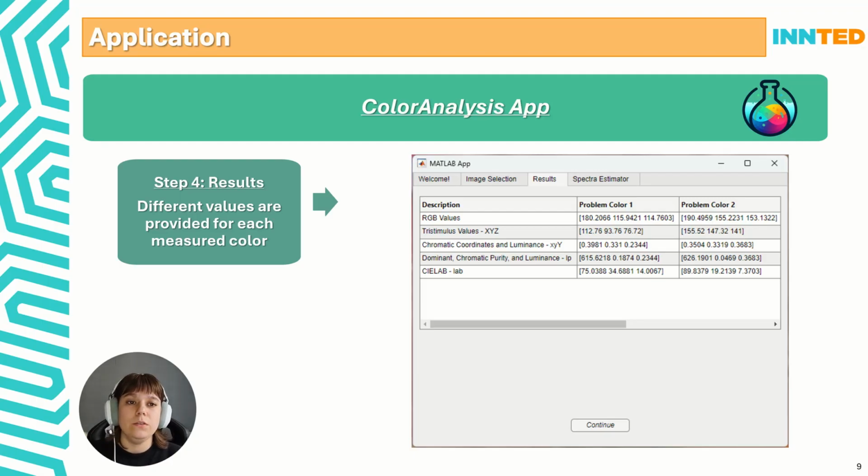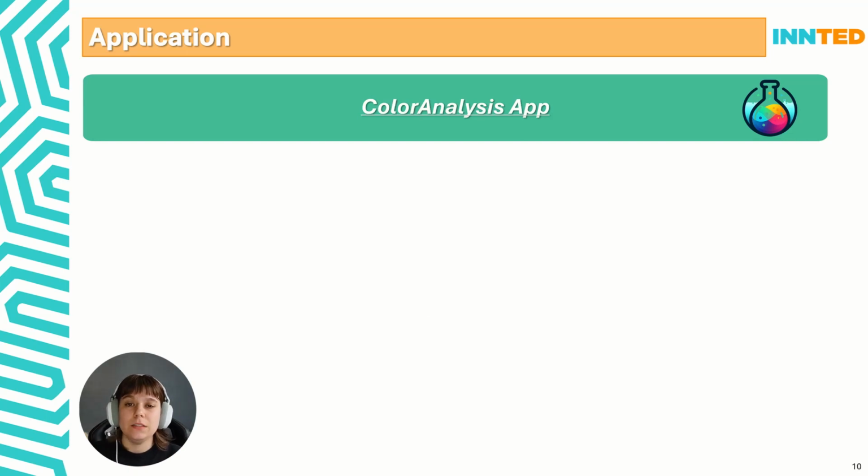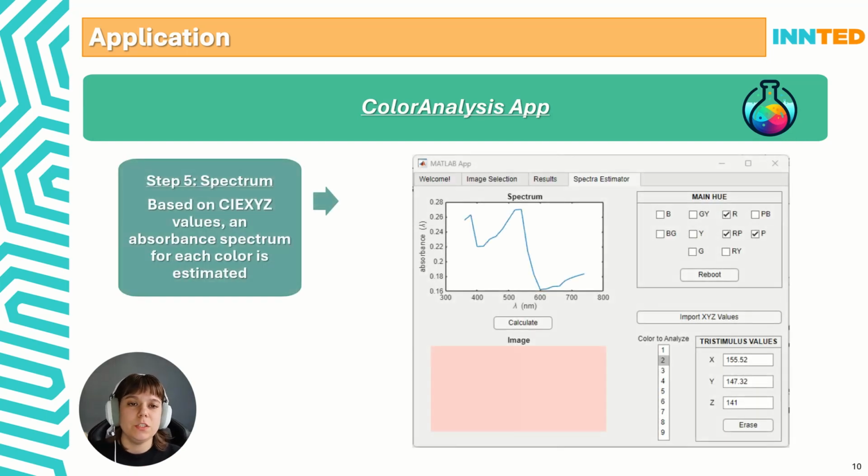Once the user reviews the data, they can pass by clicking the button Continue to the final step of the program. Finally, in the last tab, the user can estimate the spectrum of the color. First they need to select which color they want to analyze. They do that by choosing from 1 to 9, depending on how many colors they chose from the previous image. They now can click on Import XYZ values, and the three stimulus values will automatically appear on the